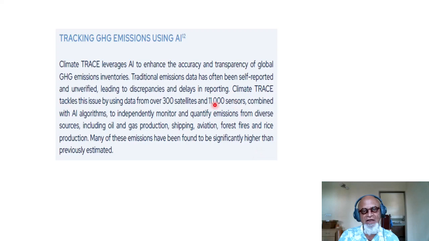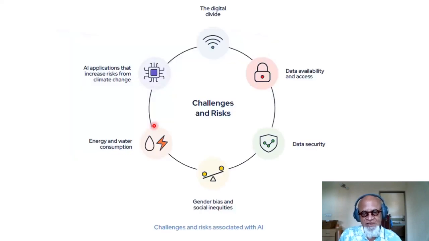Satellite monitoring and other sensors take away the temptation and efforts to underreport or just cheat openly. And this is a serious problem, especially for ships out there in the middle of the ocean, which can report whatever they want, or rice paddies, which may also be underreporting, obviously.